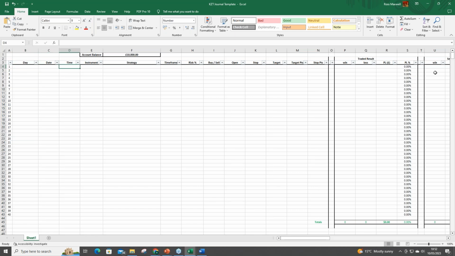I look at the date, I look at the time again. Very similar sort of thing. I spoke about those couple of examples where we found out that in the afternoons people's performance dropped off. Maybe a strategy works better when there's higher volatility, so around those market open times on the index markets, around the market close times. Maybe over the lunchtime sessions, when volatility drops off and you get this compressing, contracting type action, your strategy doesn't work so well. So you can stop trading that strategy over certain periods of time. You only trade it in the first couple of hours, or only in the last couple of hours of the trading day, that sort of thing.